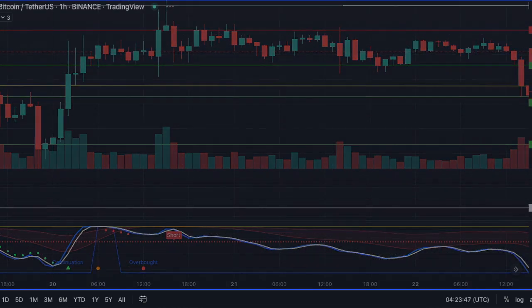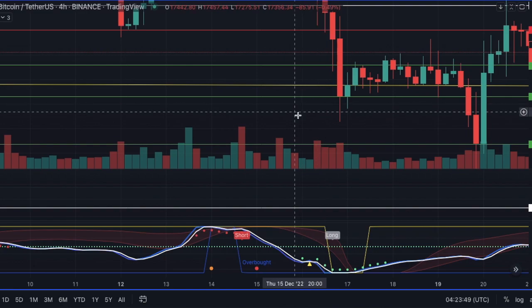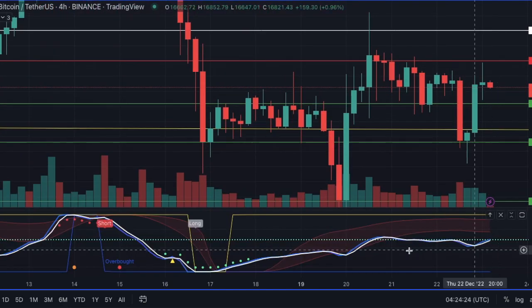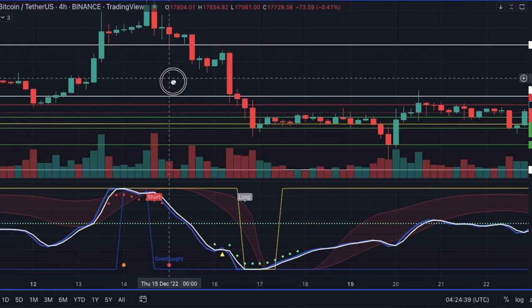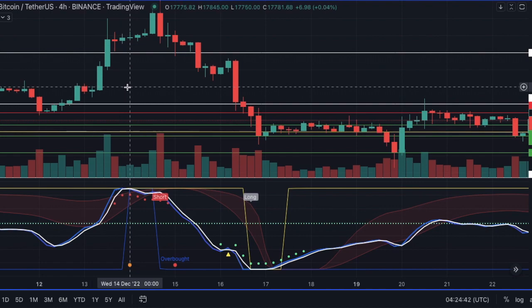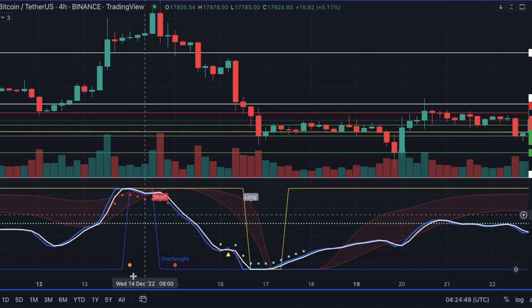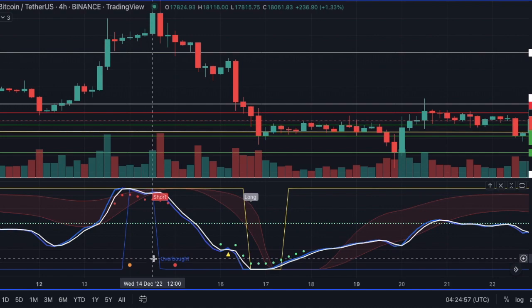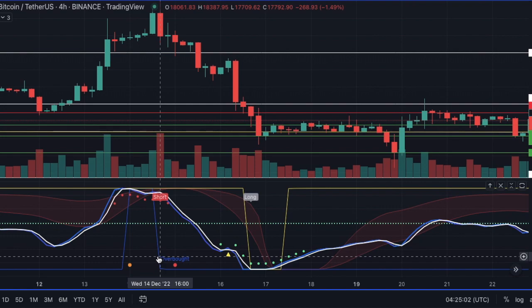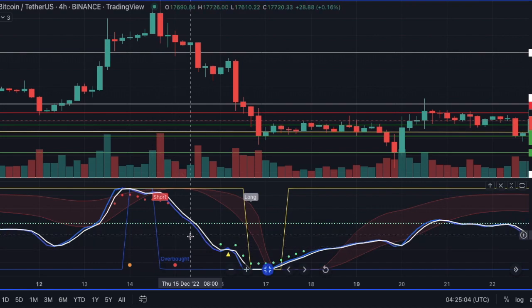Let me show you on the BTC 4-hour chart. Okay, I need to hide it. You can see it gave me a clear indication that price is going to dump. Here it told me to take a short entry. These red dots indicate that price is going to dump. This one indicates slightly overbought price, like people are buying. Okay, so here it told me to take a short entry and you can see, boom,